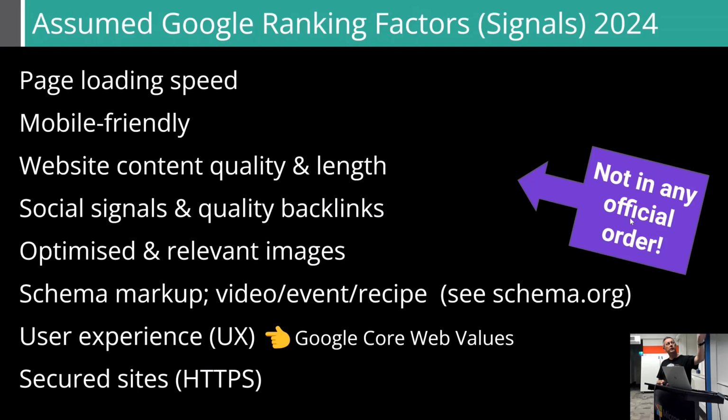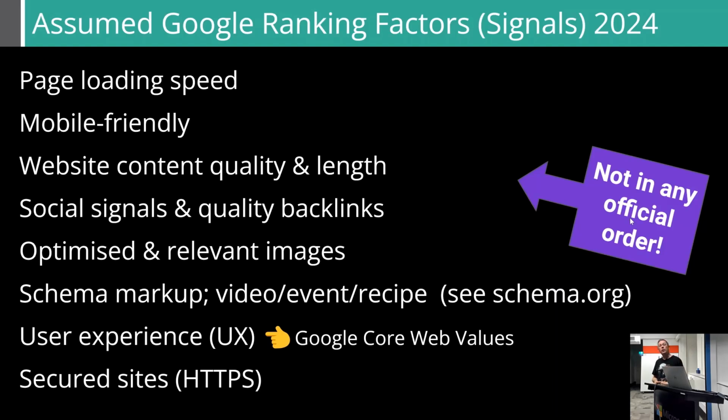Other things like social signals. That's the amount of shareability: people sharing your content on social media, as well as backlinks. External companies linking to your content, thinking it's good and relevant and useful for their audience. We know that backlinks were very important way back when Google first indexed the web. It was one of the most important factors. But they have come out to say it's not as important anymore. It's a mixture of all these now.